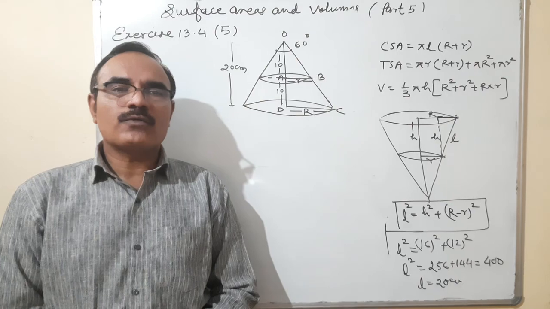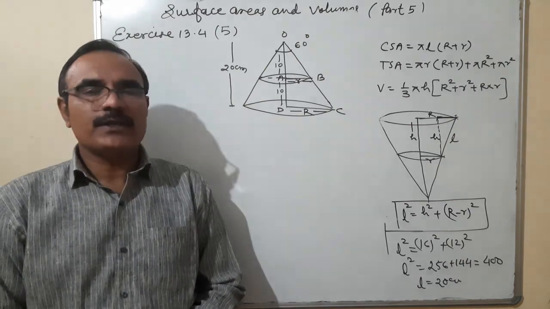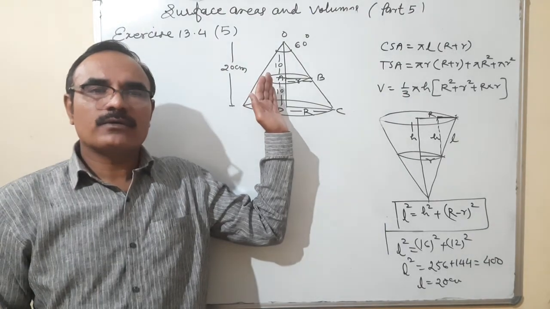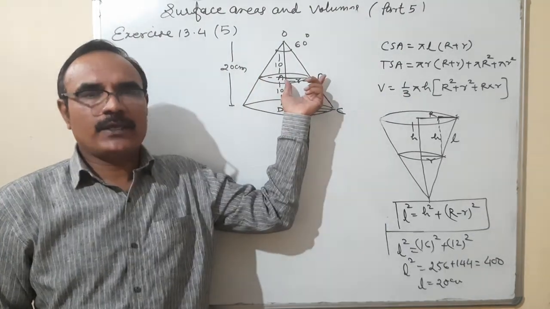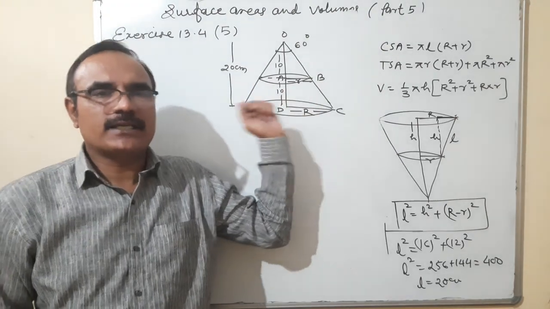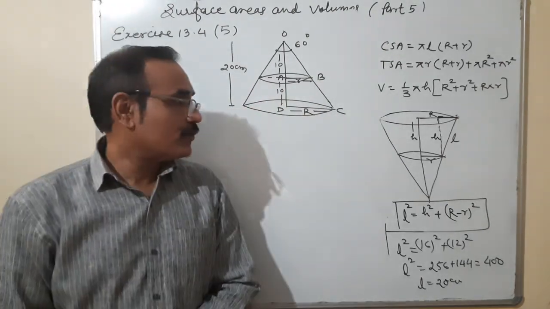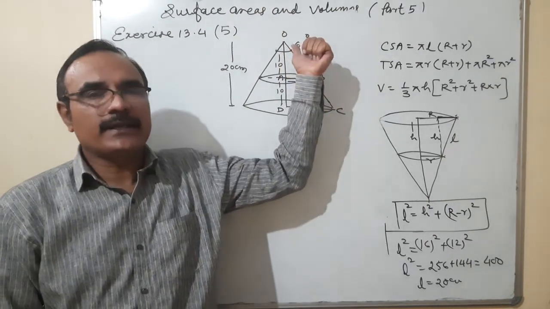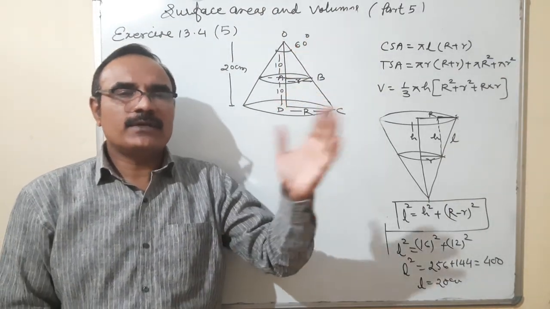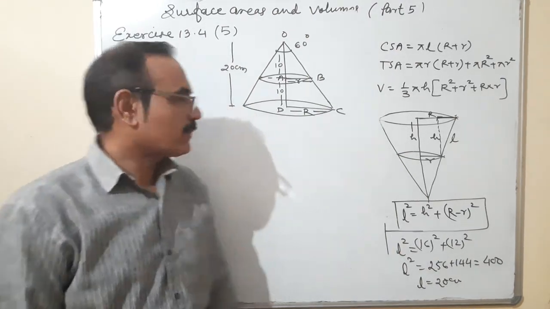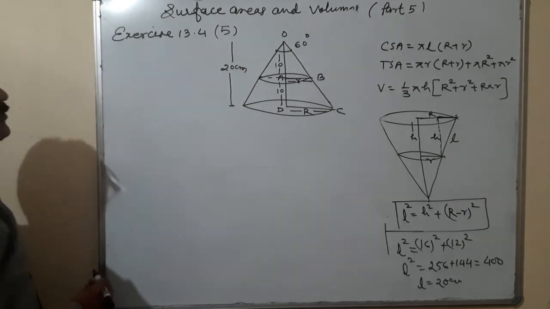Volume of frustum of cone, what does it mean? For finding the volume of the frustum of cone, we need one, the height of the frustum of cone, and second, 2 radii. Okay, but we don't have capital R and small r, only the height we have, 10 centimeter. So first of all, we'll try to find out the capital R and small r with the help of this semi-vertical angle. Then after that we'll use the formula: volume of frustum of cone is equal to volume of wire.